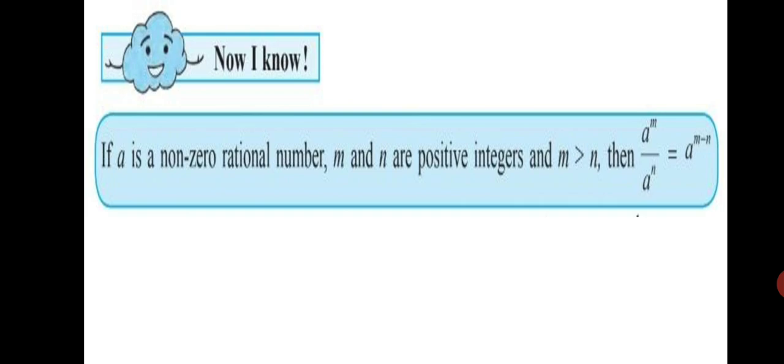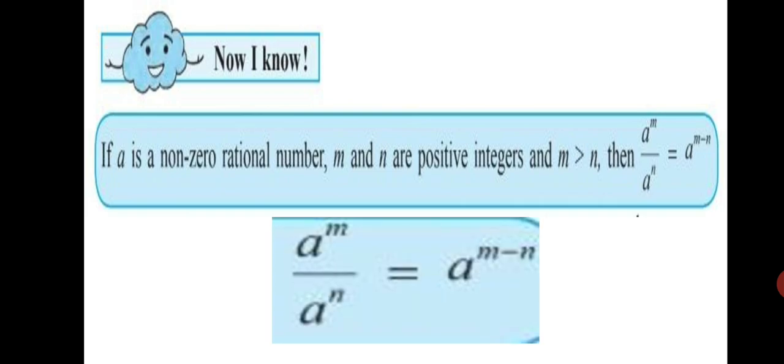So what formula have we derived here? Have a look. a raised to m divided by a raised to n is equal to a raised to m minus n. What was the formula in the previous practice set? It was a raised to m into a raised to n is equal to a raised to m plus n. That means when it is multiplication, we add the index, and when it is division, we subtract the index. Okay, this is also a very important formula. Kindly write it down in your book before you begin with the practice set.